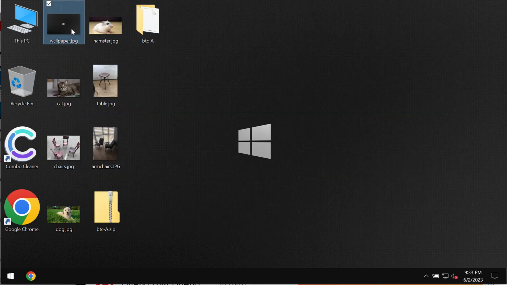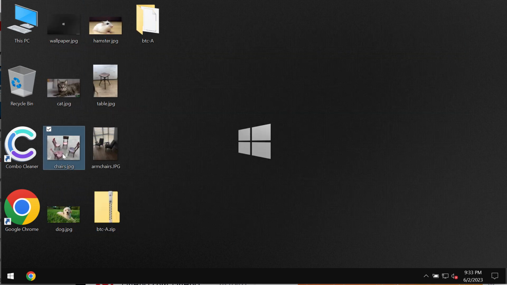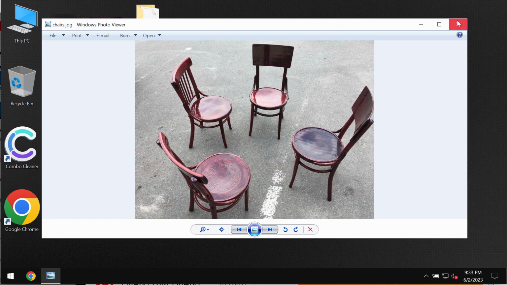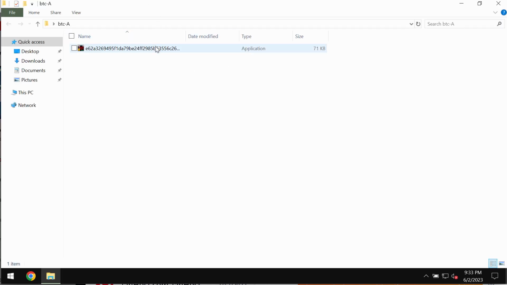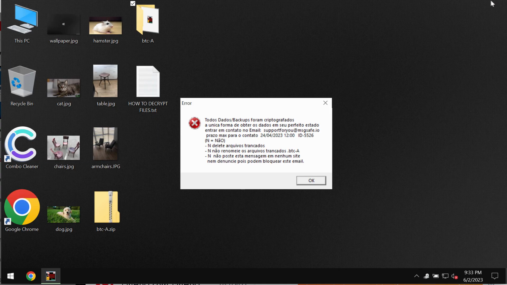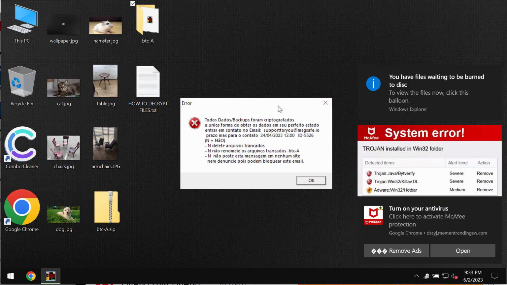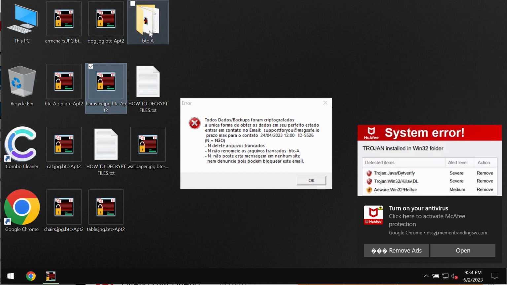Before the ransomware attack, there are no troubles opening any file types, including pictures, music, Microsoft Office documentation, and all other data. Sadly, because of some leaks and vulnerabilities, this particular ransomware called Btc-A may be easily injected into the